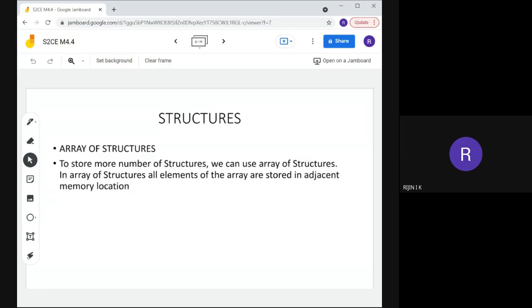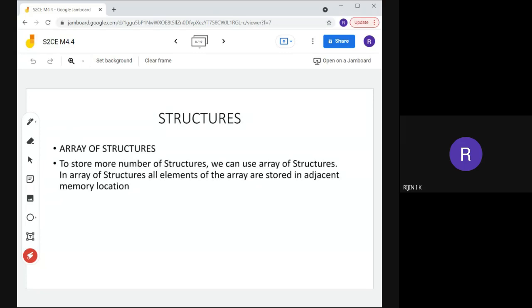Our today's topic is array of structures. Last class we were discussing what a structure is, how we create a structure, and how we create the structure variables. So today we can discuss array of structures.